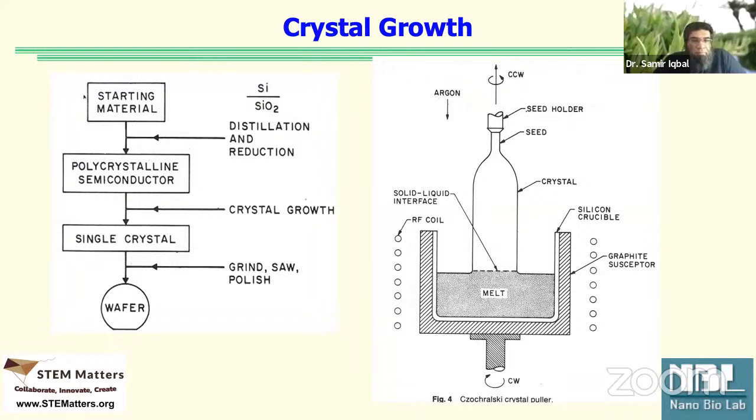The left hand side is just showing that big overview. On the right hand side is the picture of an actual process where we would melt silicon in this crucible. The crucible is a hot thing. We take the coils, the